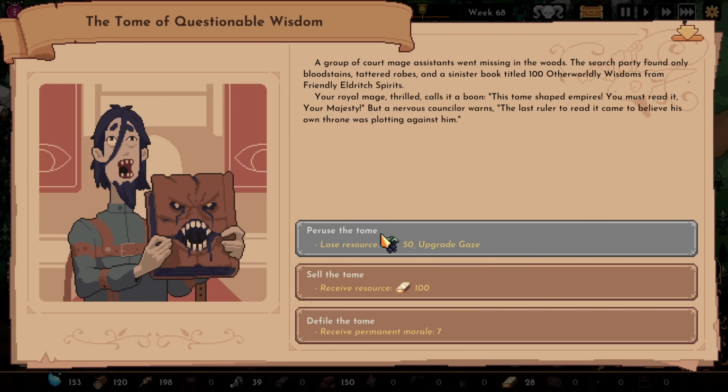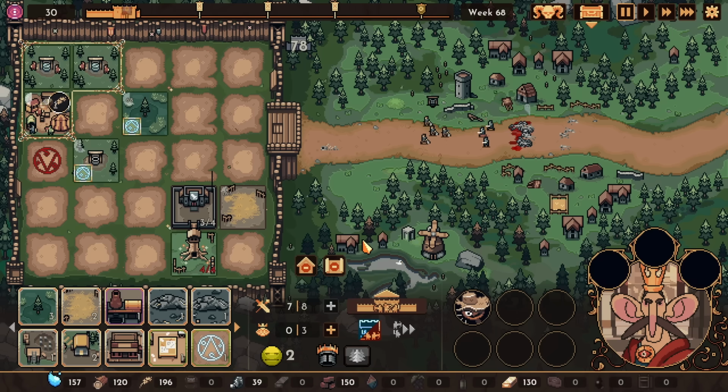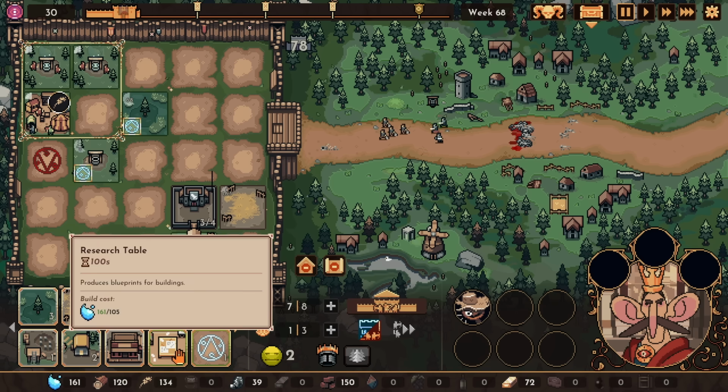Ooh, lose resource grapes, upgrade gaze. Dang. Receive 100 gold, which would be nice, or 7 permanent morale. Oh, but that messed me up last time, so let's sell the tome this time around. Because supposedly it, like, downgrades your gaze. I don't actually know if that's the case here, but...